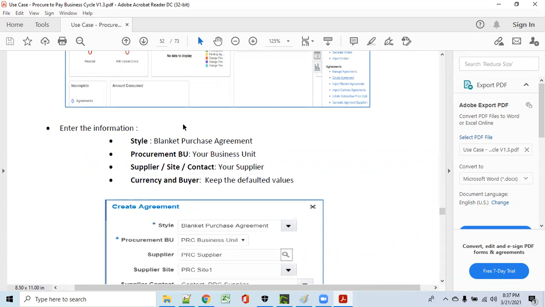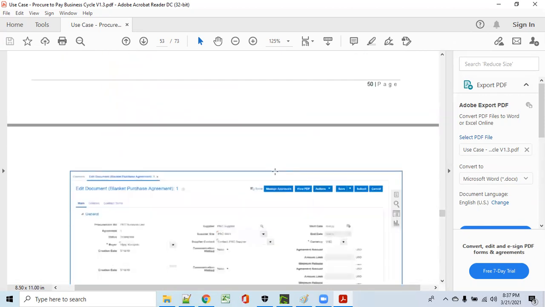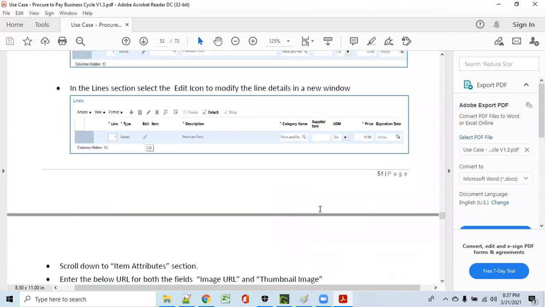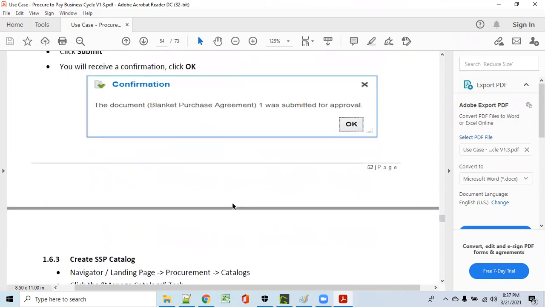In the CPA, we are not defining exclusively what items or categories you are purchasing, but you are making an agreement based on terms and conditions, like agreement duration, agreement amount, and how much time they will take to send the material when you make a PO. Okay, so these are the differences between BPA and CPA.